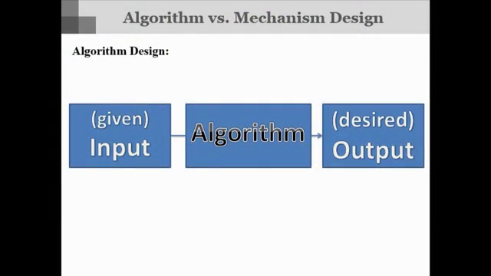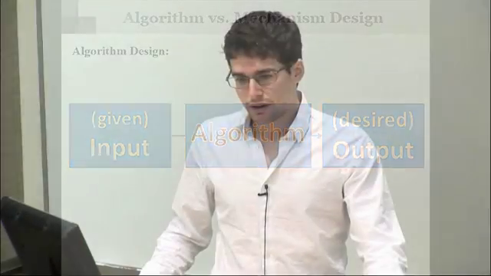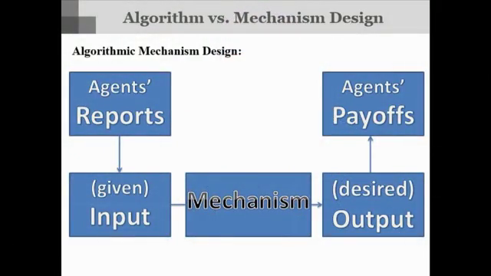Okay, so now I'm going to put this in a more general context. Normally when we think of algorithm design, we think of being given some input and asked to produce some output. What happens in between is what we call the algorithm. The model I'm trying to get at is called algorithmic mechanism design, where we have this extra step